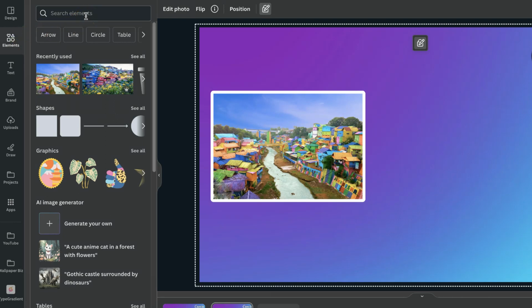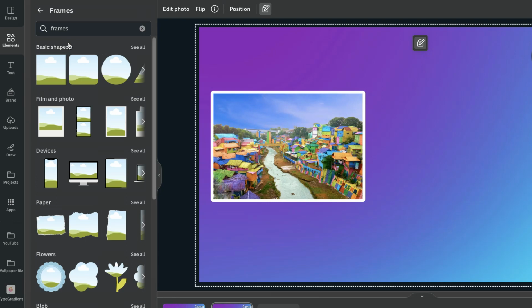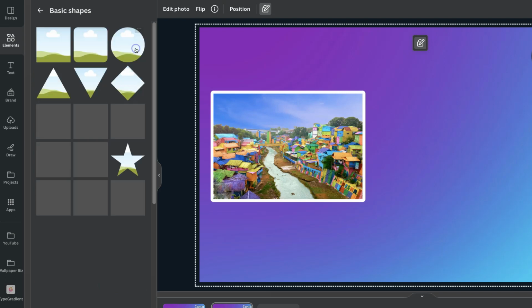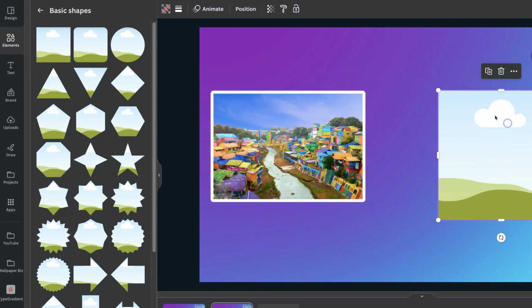We're now going to search Frames, like so. It's going to be this first one just here, where we have this little heart icon. We're going to click on there. Then we have all of these different frames which we can choose from. Now if we go into Basic, we can click on this first one just here,